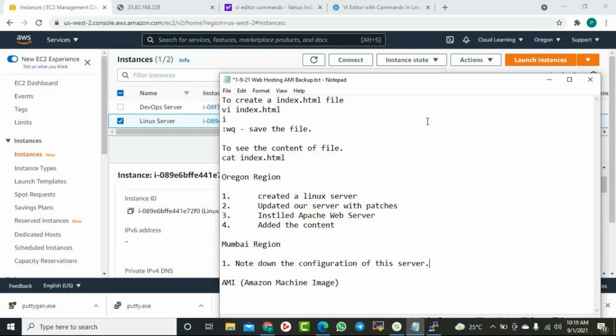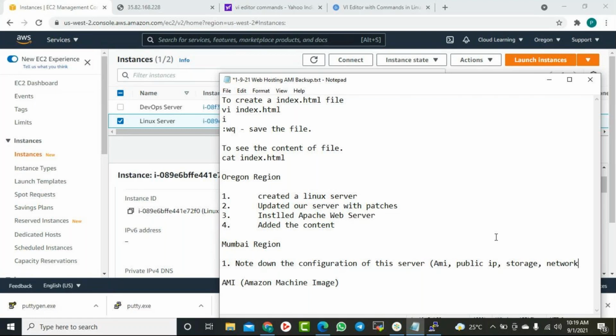And there are so many configurations. Which AMI to use? Does it have a public IP or not? Then what else? Storage. Network, which network it uses, which VPC it uses.